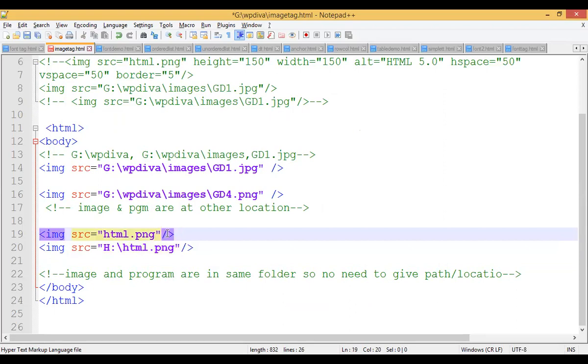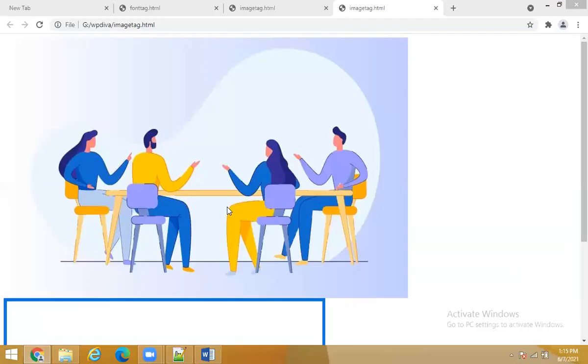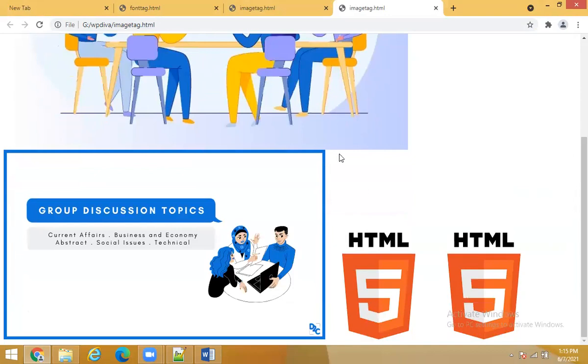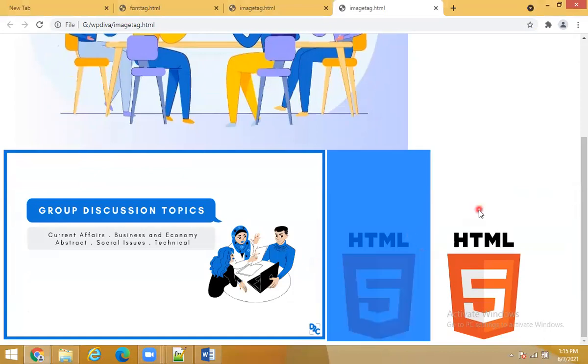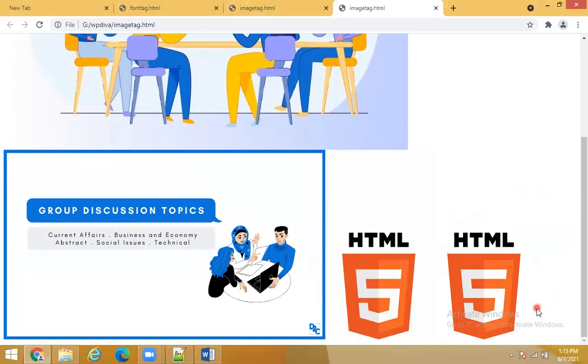Now I will save the file, then I will execute the file. After execution of the file, you will see image number 1, image number 2, so many images will be displayed, 2, 3, and 4. Understood? So one image is from the same folder and this one is from the H drive. So these are the four different ways, guys, of taking the image path. It is very, very important, right? So just go through the video for more understanding. Go through this video again and again for tomorrow's class.